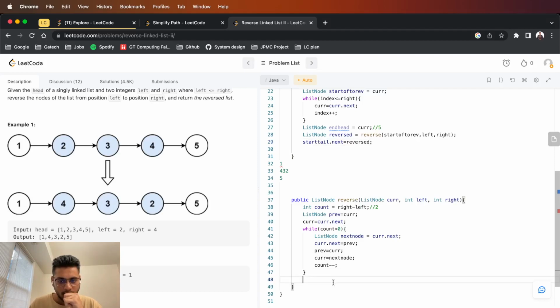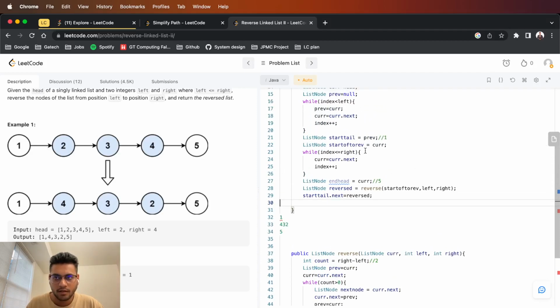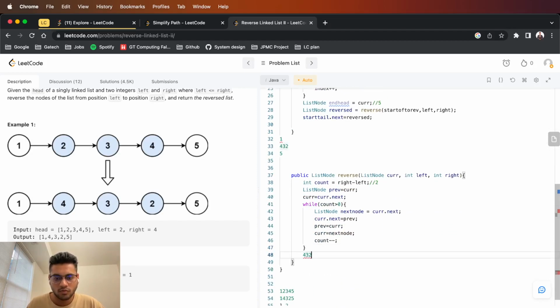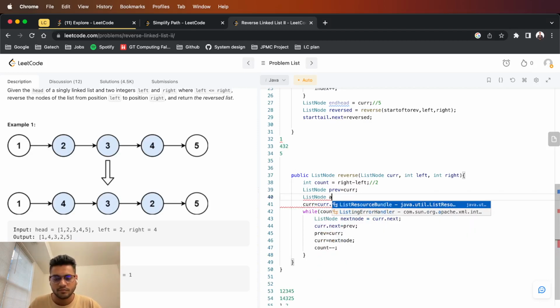So if I return the end part of it, let's say 4, 3, 2, I'm gonna return 2, right? I return 2 here. So then my 2 will point to the head end, right? But I don't have 4 there. So if I return the start of it, yeah, I should return the start of this basically. So let's have a list node answer, let's say rev, which is equal to current,